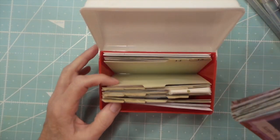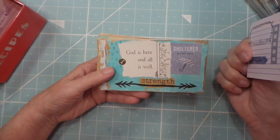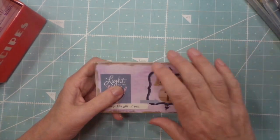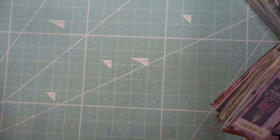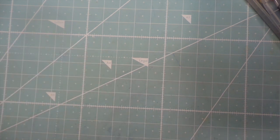So this week we're going to do prayer cards that I've made. I've already done a lot, and I will just make one with you here so you can see how I did it. So everything I have, my whole art layer is coated in a fine powder, and I forgot to